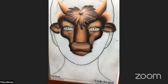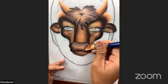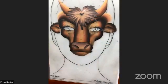Okay, so we are going to jump on this one now. We're going to finish this one. So if I'm doing this in a public setting, the only spot I would put line work on this one now